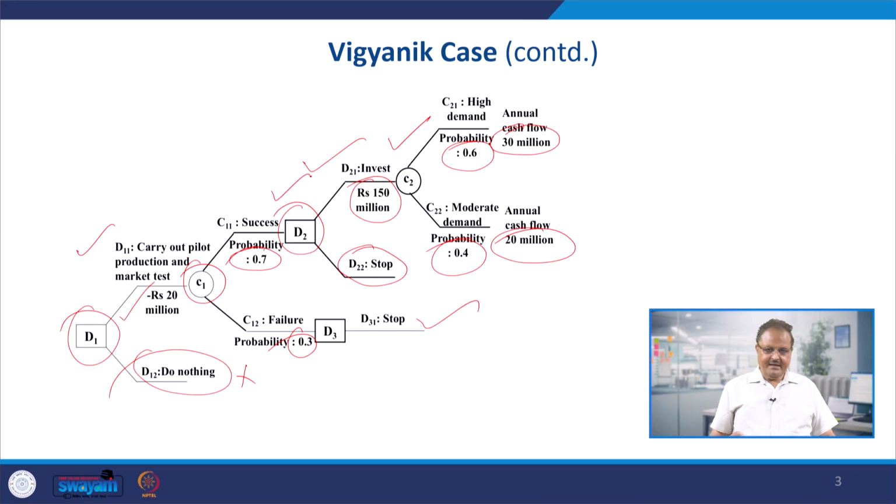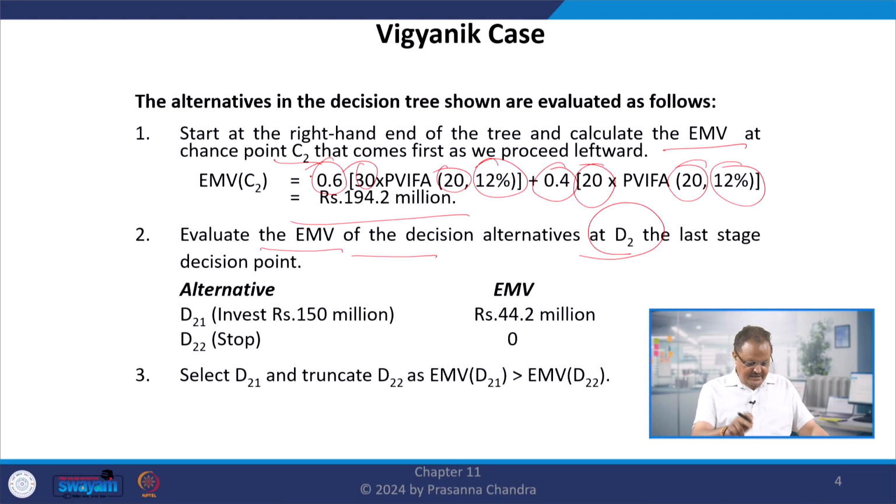D2 was to make an investment of 150 million. So at the chance point C2 we have an expected monetary value of 194.2 million, and at the decision level D2 the investment requirement is 150 million. So from the expected monetary value of 194.2 million, which is going to be generated by the project after addressing the probabilistic estimates of 60 and 40%,